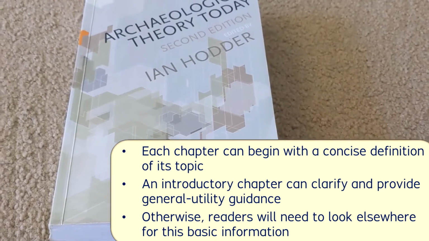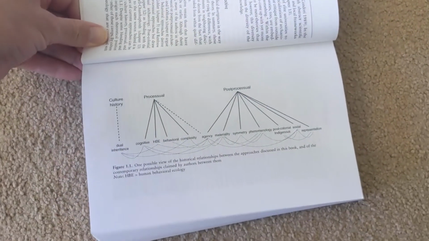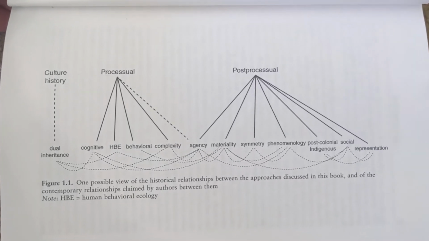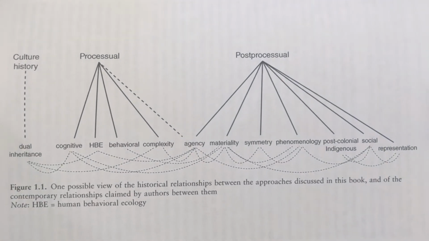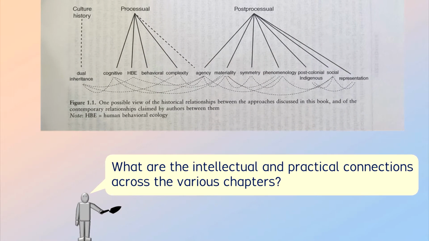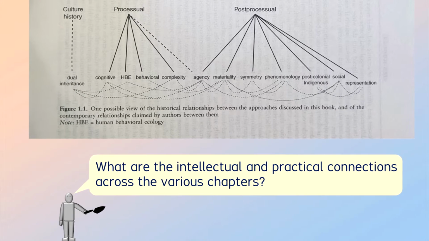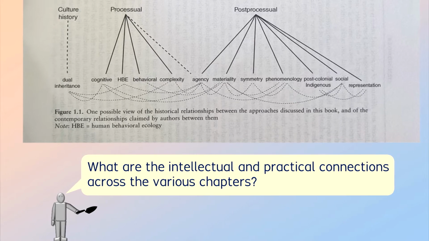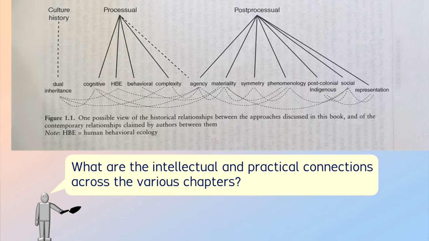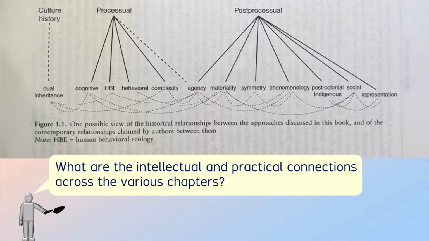In the second edition of this book, Ian Hodder added a summary graphic to illustrate how all of the internal chapters intellectually were linked with one another, and with the only 3 philosophical perspectives that he could recognize. I regard this graphic as mostly useless. Nevertheless, I appreciate the idea of this summary graphic. I could imagine students making their own versions of this graphic, accompanied by a formal essay. Such an assignment, though, would require several formal courses and extensive reading lists beyond simply reading this one book of